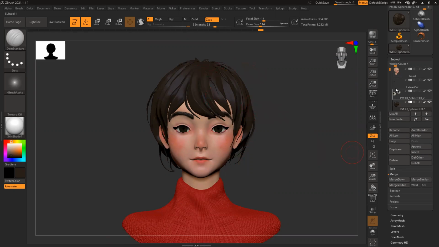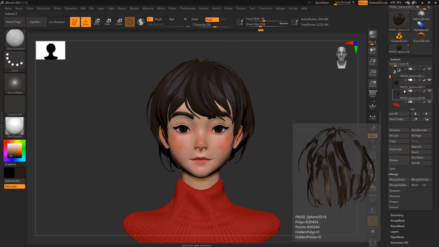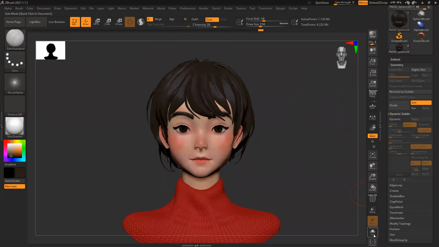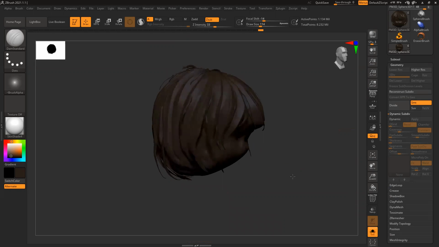So let's create those shapes. Now let's see. So the strands are separate. This is separate. So I want to combine them together. I'll select this, merge down. Both are merged. And now what I want to do is combine them, make it a solid geometry and blend them nicely because I can see these cutouts. So blend them nicely. I'll go to geometry, isolate this one.